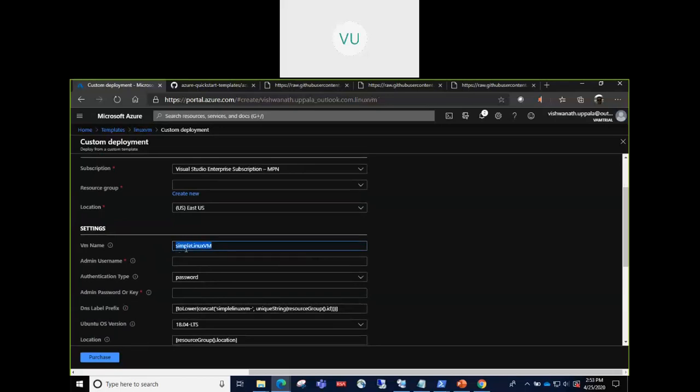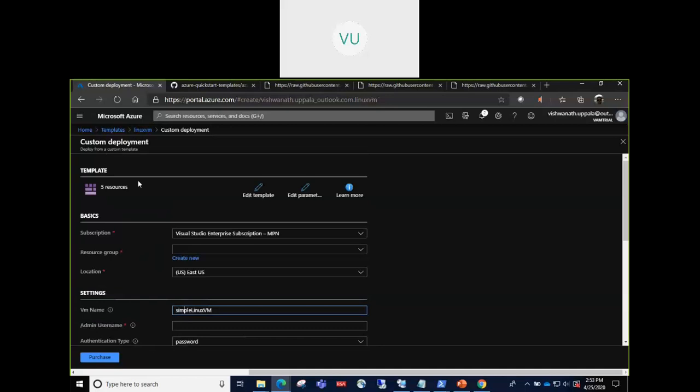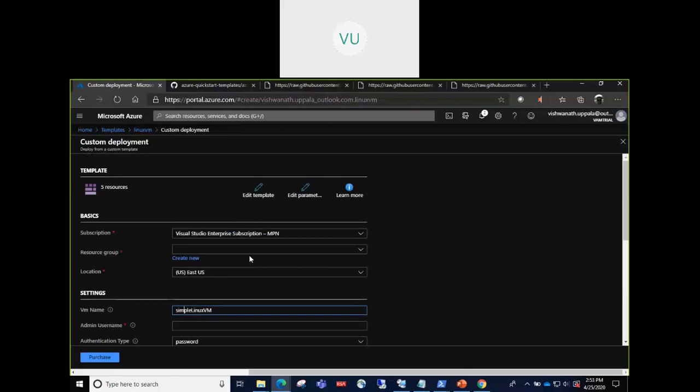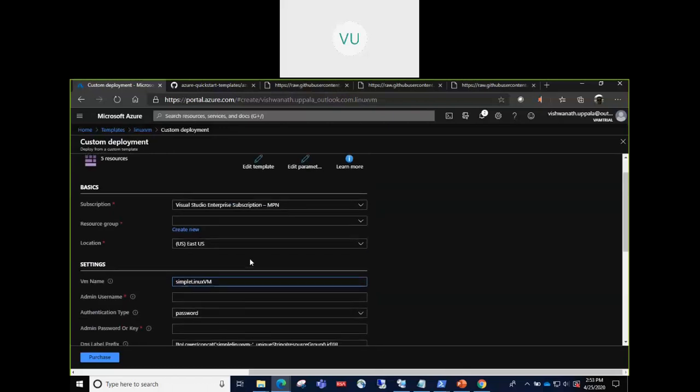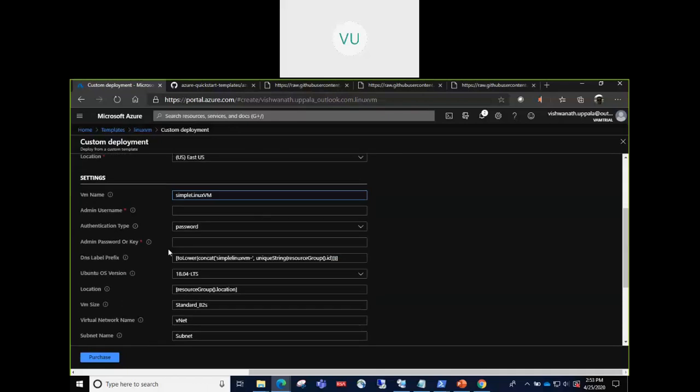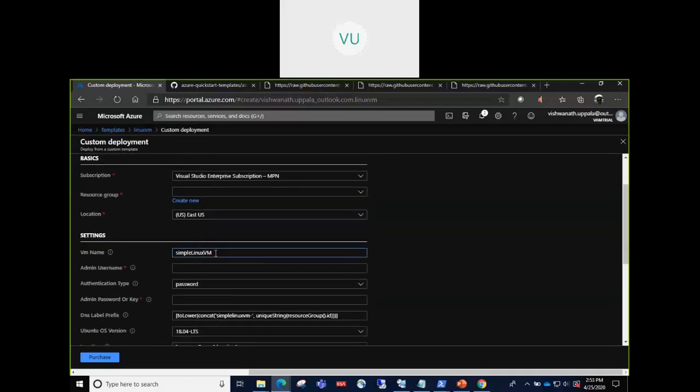These are all the values that we provided in the template. So that template is now translated into a UI here, right? All the parameters that we asked for, and if there are any default values for those parameters, are listed out here and populated for us.